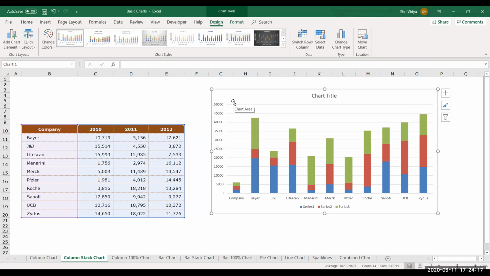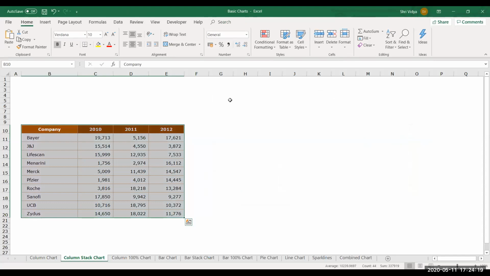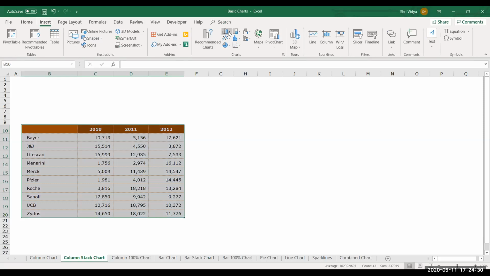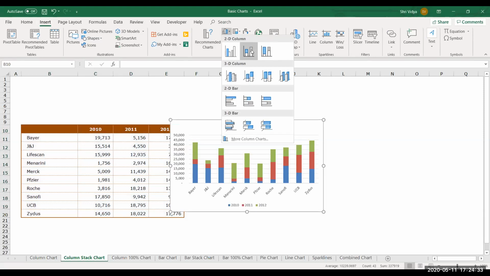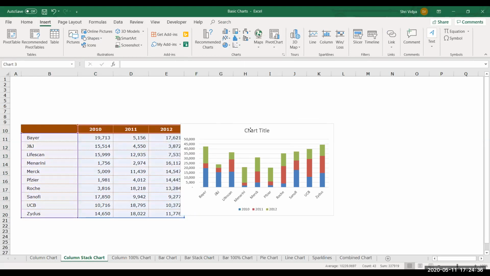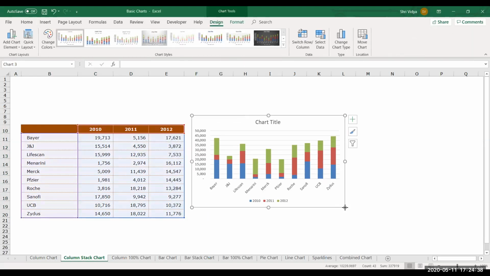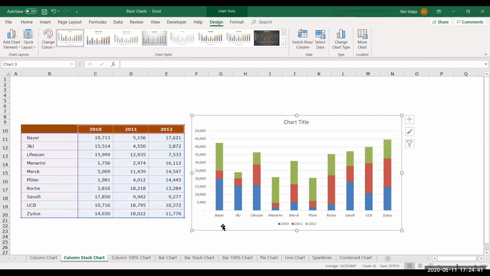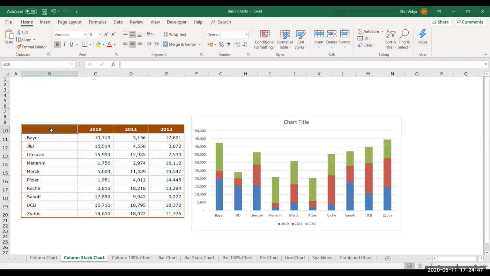Okay, now let us reinsert the chart. I'll delete this. I'll delete the corner cell. I'll select the area of data here. Just go to insert. I'll choose stacked column. Okay. So now you see you don't get to see that company over here. Now I can go back to that cell and type it again. Now I don't have any problem with it. Okay. It is not going to be considered as one of the categories here.